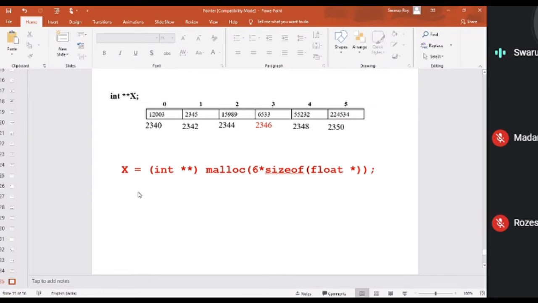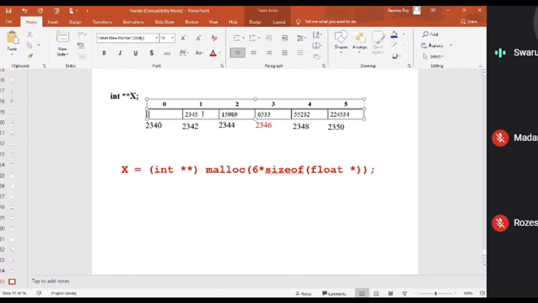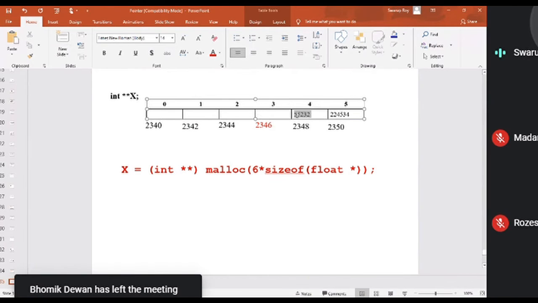Just tell in a figure so that others can understand. 2340, right? So that means it is going to create an array. I'm just removing the other address to avoid confusion. It will create an array, and x will hold the base address of that array.